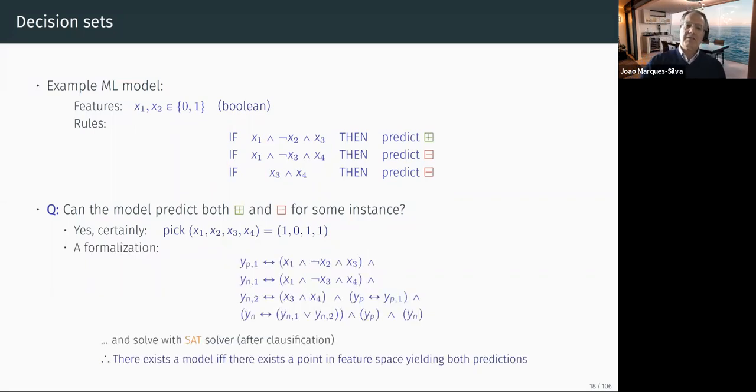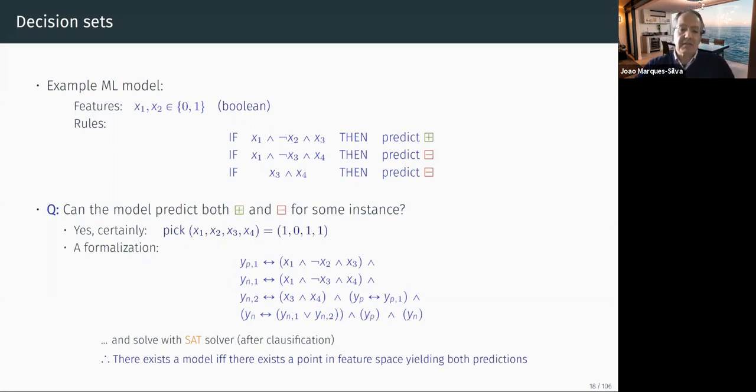Now the formalization here is a little bit more complicated. Again, all the variables are Boolean, so I can pick plus with the first constraint, and there is only one. So this is the constraint. I can pick negative here, and that's the constraint, or I can pick negative here, and that's the constraint. If I want to pick positive, the only option is to pick the first. But if I want to pick negative, I can pick the first or the second. And of course, I want to pick both because I want to have both plus and minus.